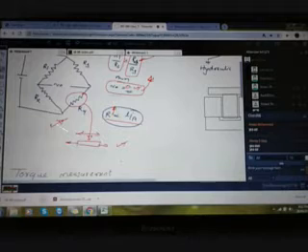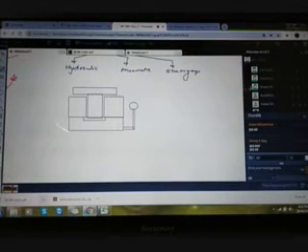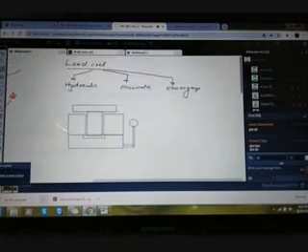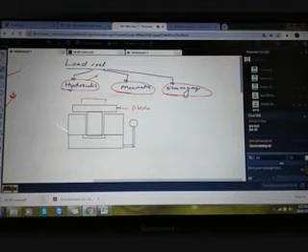Yes, fine. Next, we discussed the load cell. Three types of load cells are there: hydraulic type, pneumatic type, and strain gauge type. Let's discuss the hydraulic type in detail. Yesterday we discussed it. There exists a platform on which we place the material to be checked, that is, the force applied has to be checked.